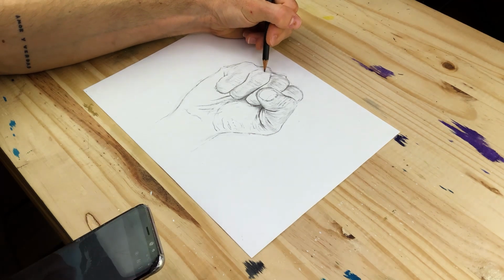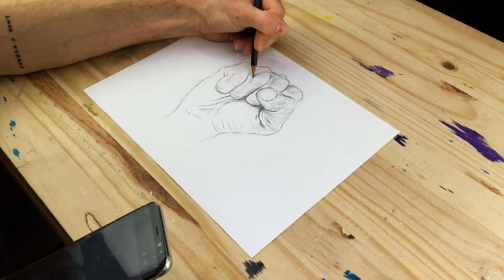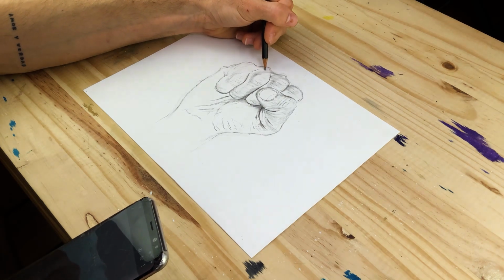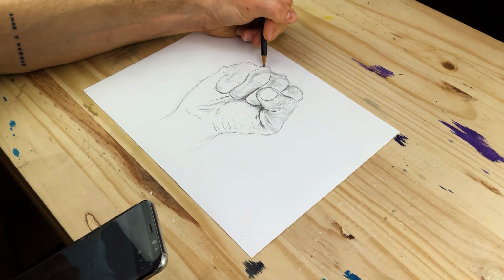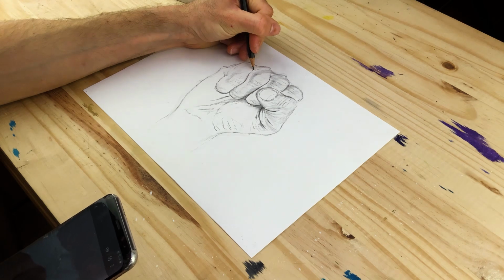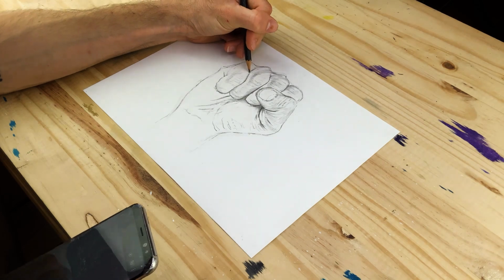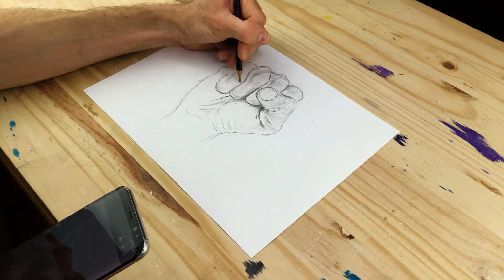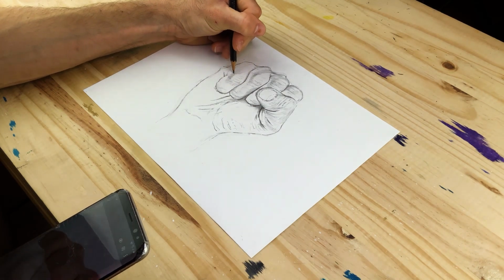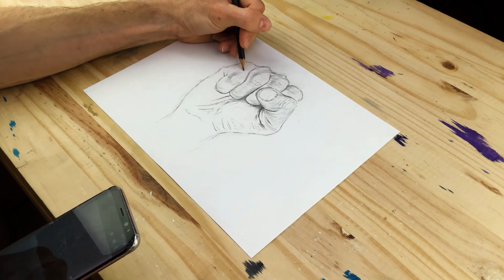So something really unique to think about is that the skin on a hand is basically curving due to the bone structure underneath the surface of the skin. And what that does is it also creates these more softer shadows that flow along the surface area of the finger. Now, because we're drawing a fist from the front view, what we are essentially seeing is a distortion in depth, and this is because the knuckles are in the foreground, and then the middle knuckles in the middle section of the hand are in the middle, and then the larger knuckles in the back of the hand are obviously